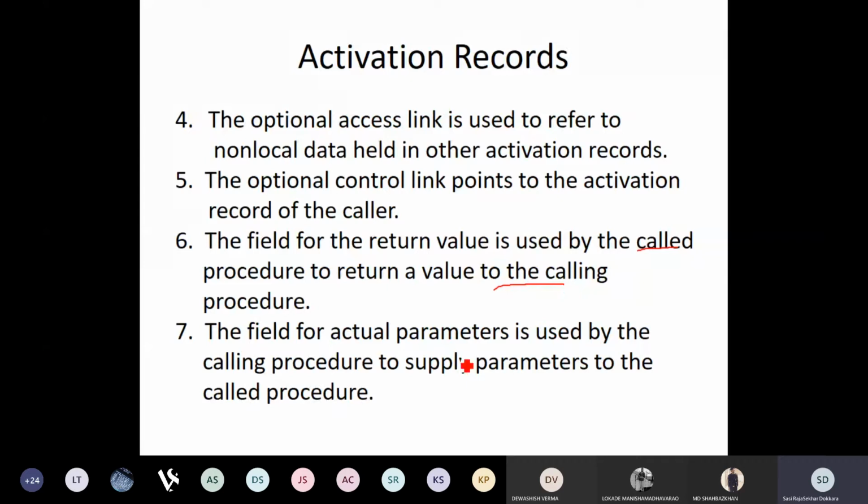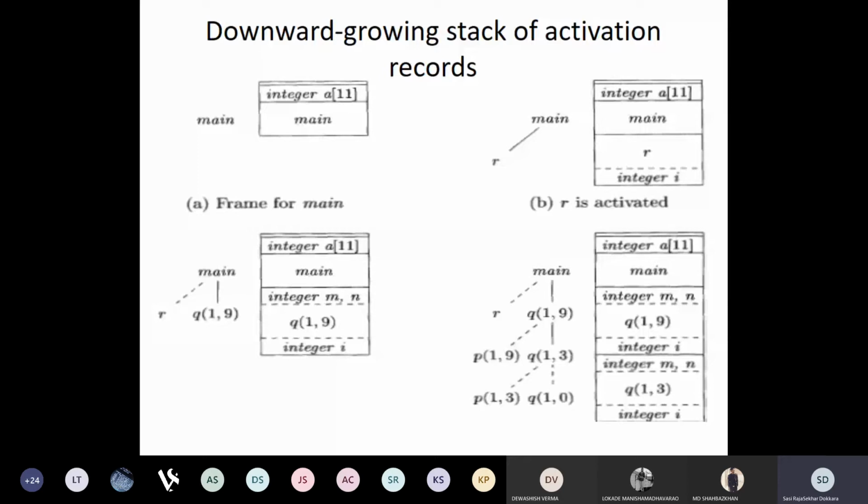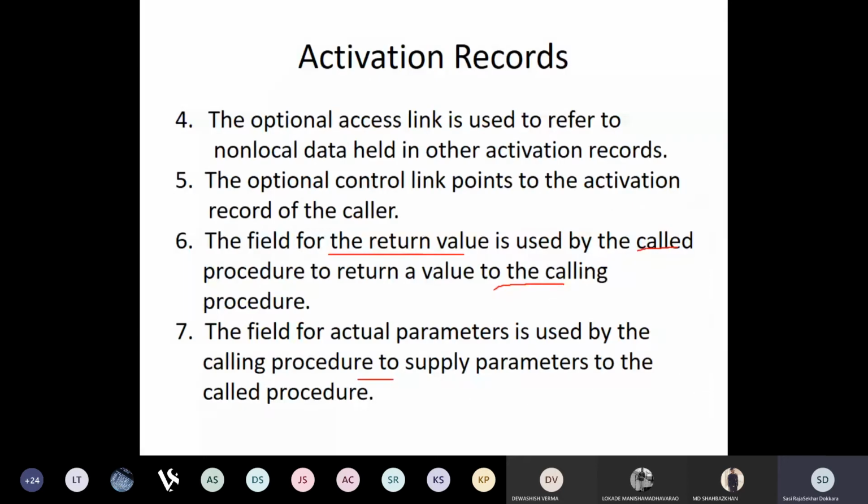Then the field for actual parameters is used by the calling procedure to supply the parameters to the called procedure, and when the called procedure wants to return values, it uses the return value field to return them to the calling procedure. So this is the way in which the activation record is going to exist.